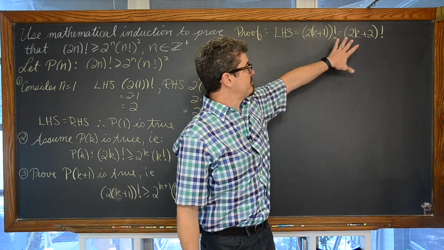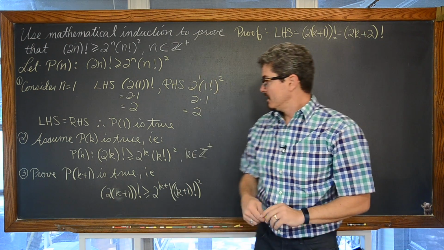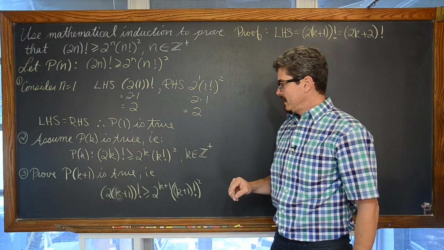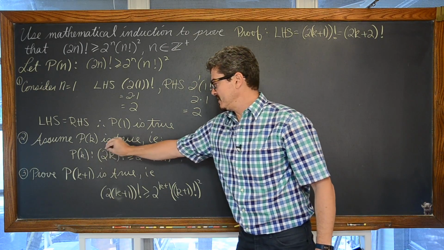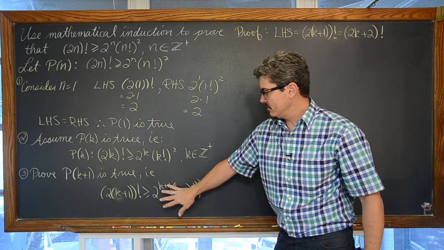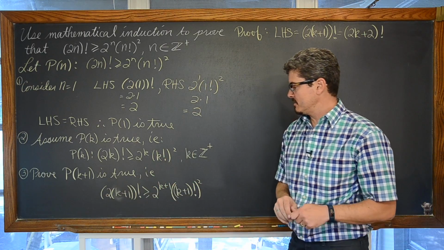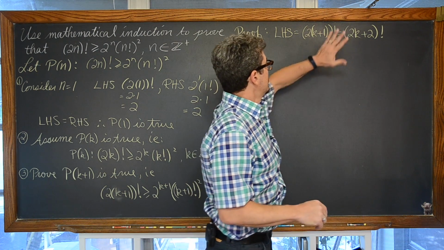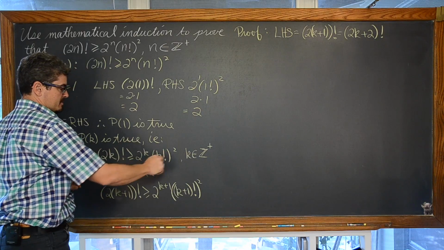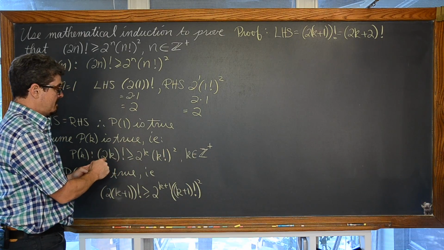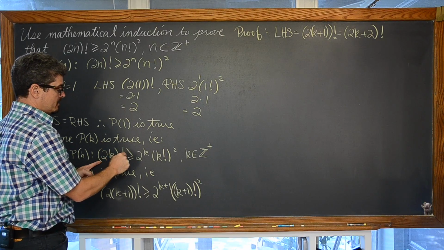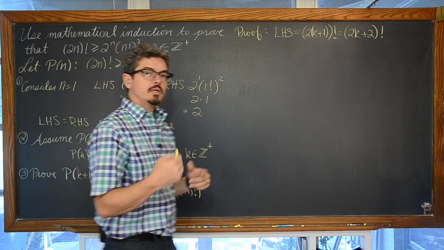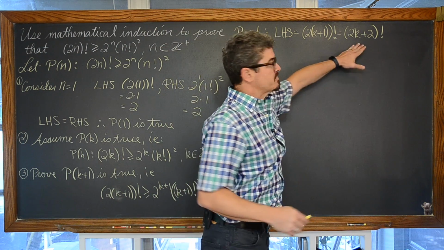Well, I need to do something with this that allows me to bring in some of my assumed-to-be-true information, and then, bringing in some information from this assumed-to-be-true statement, get to where this is greater than or equal to 2 to the k plus 1 power times k plus 1 factorial squared. So I need to get this rewritten to somehow allow me to bring in some information here. Well, it would be nice if I could get a 2k factorial out of this expression, which would then let me plug in some of this assumed-to-be-true information. Okay, so let's start expanding this factorial notation.